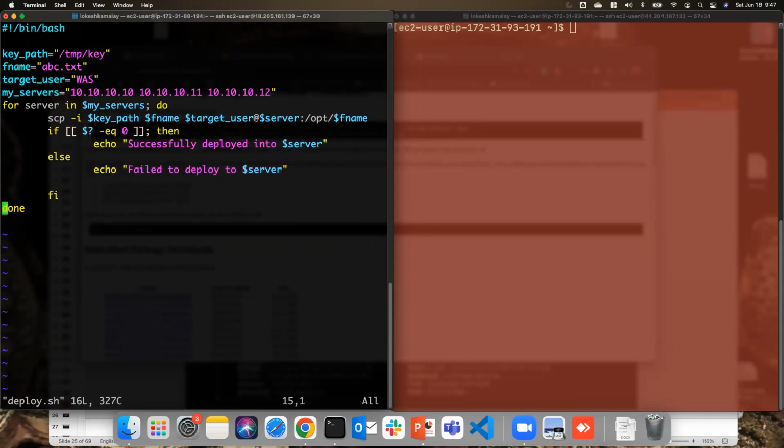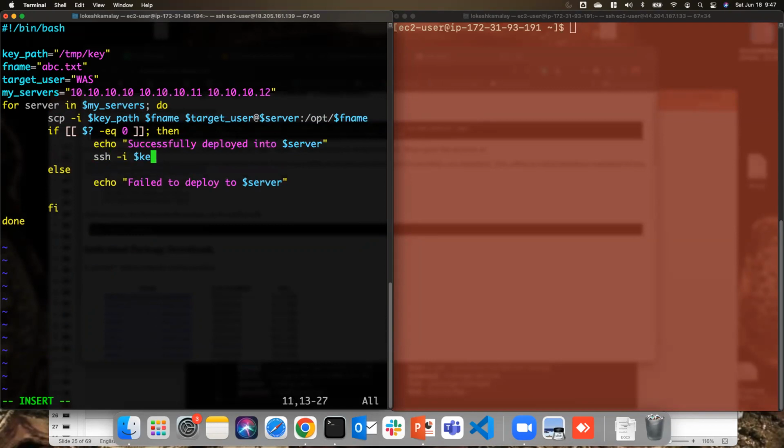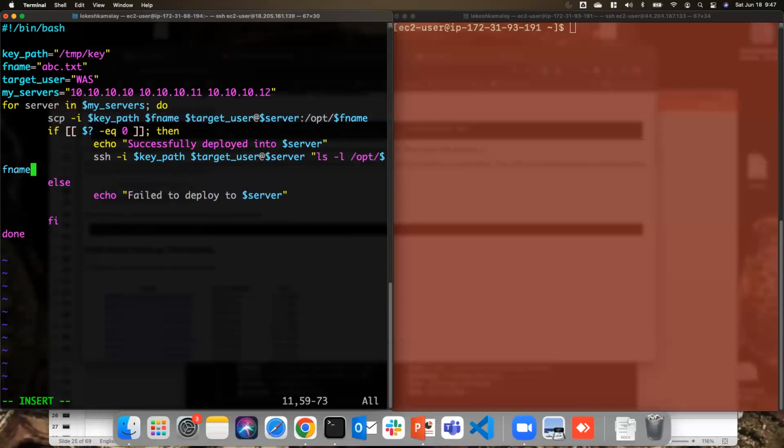In another shell, we can also run another command here if you want. So like this, you will use the same ssh -i. You will be using your key path. Then you will be using your target_user at $server. You mention here a space and then run the command ls -l /opt/$fname. Now what this does is ssh with this key path. This is the file. So if you pass it here with the quotation, now this command will be executed on this